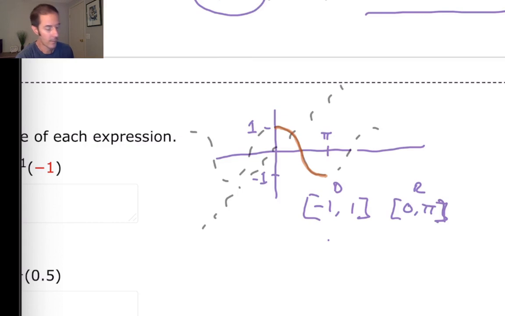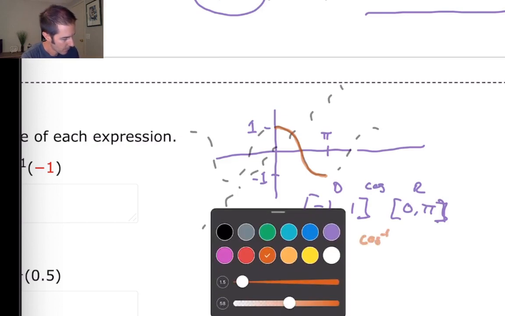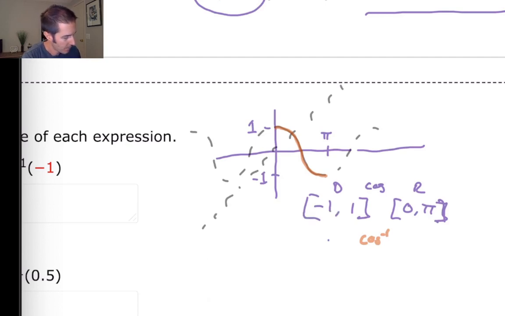So that's for the cosine function. When we're talking about the inverse cosine function, this becomes the domain and this becomes the range. And remember that you could graph the inverse cosine function by taking what I have in orange on this graph and reflecting it over the line y equals x, which you can do by swapping x and y coordinates, effectively